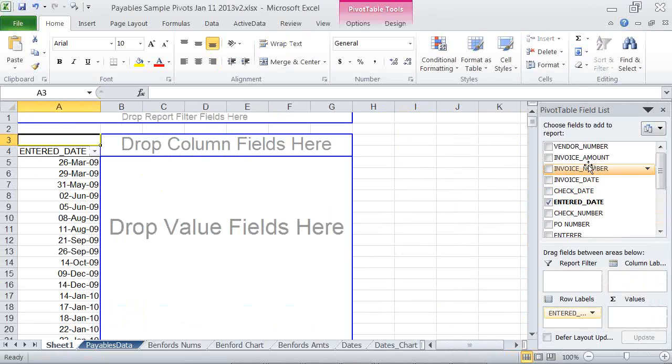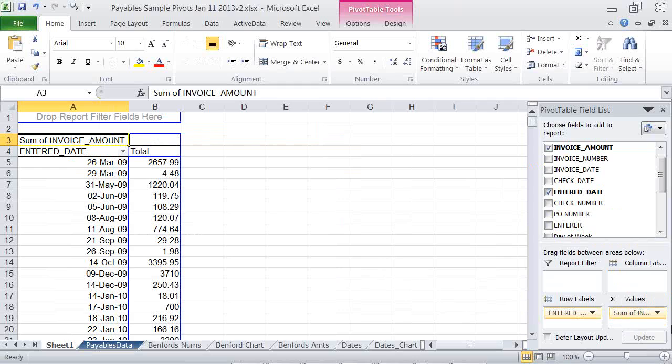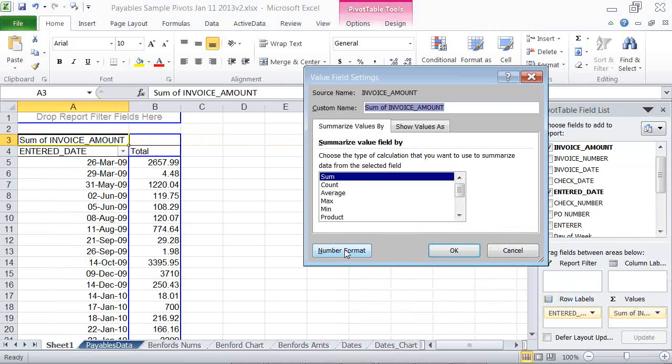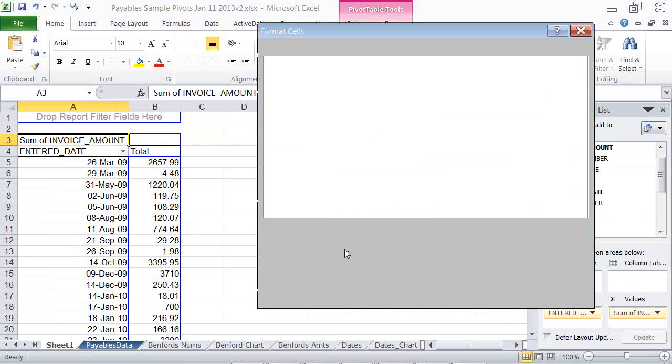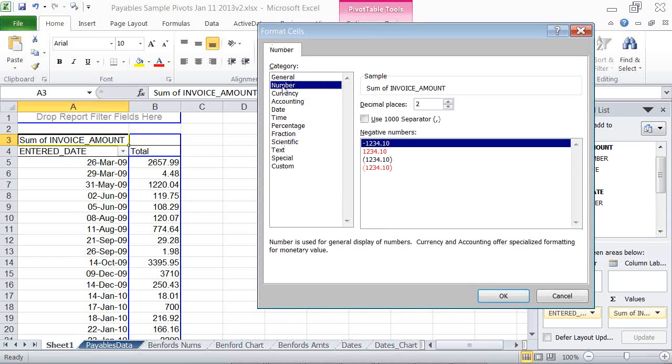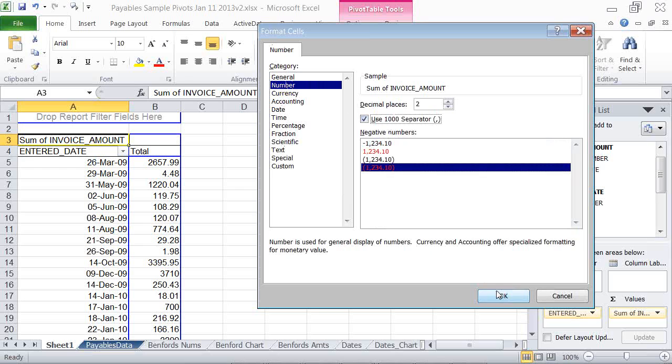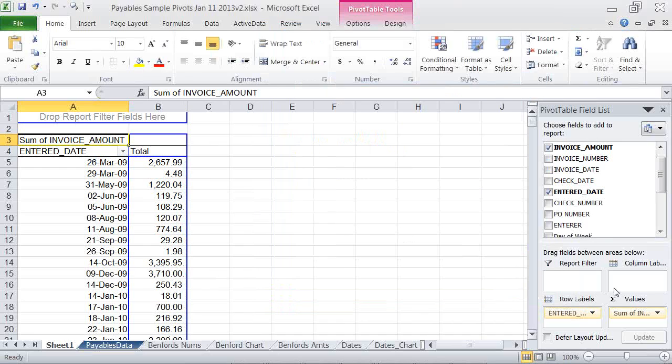You could do anything, but probably just bring in the invoice amount into the values section. And I'll change the values by right-clicking and changing the format of that field. Now it'll look a little bit cleaner for what we're going to do.